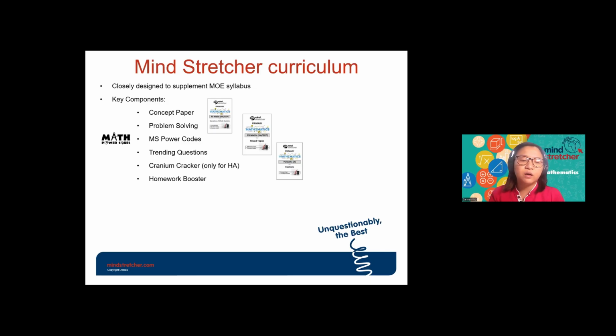Last but not least, every week our worksheet will be supplemented with a Homework Booster, where you go back and self-practice what you have learned. It could be what you learned that week, or what you learned in previous weeks, to have a recap and see if you are able to apply your learnings independently by yourself. So for the Homework Booster, don't say that because it's not covered in class you don't need to do it. No, it's for you to check your learning. After you have completed it, you can check the answers on eStudy Buddy.